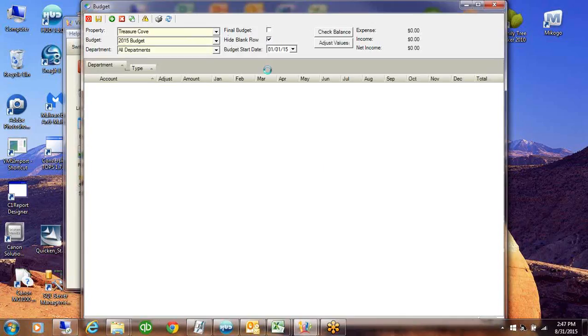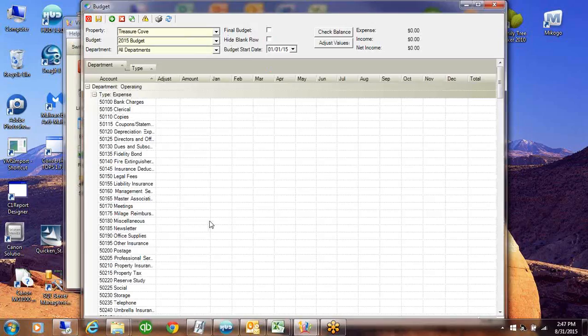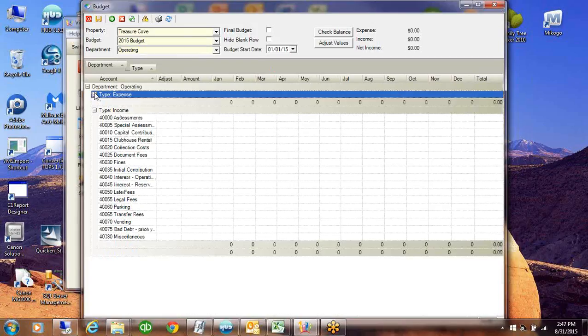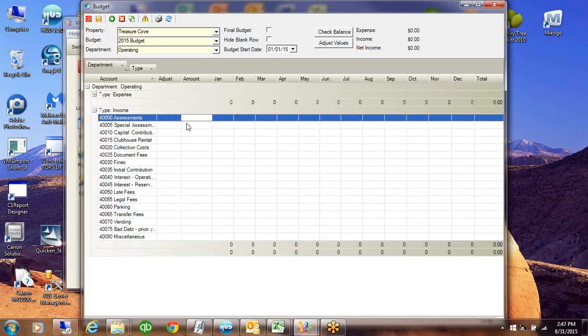When it first comes up, I won't see anything. I need to uncheck blank rows. It's going to show me full departments. I only want to see my operating right now. And then you would just come in here. And like I said, most of the time you just come in here and take your annual budgets and you'll put them in there. So let's go in and